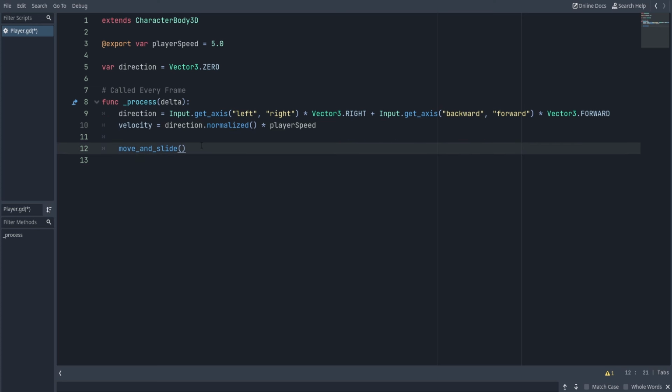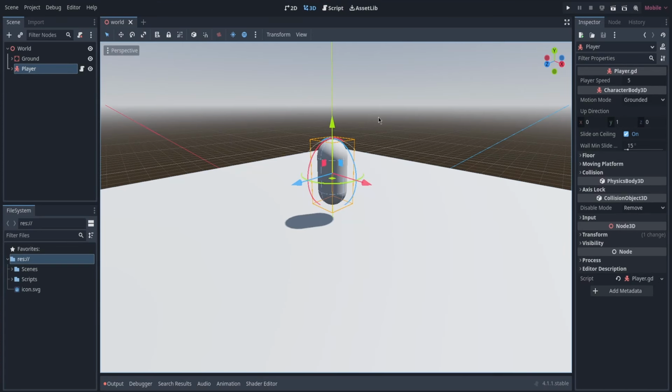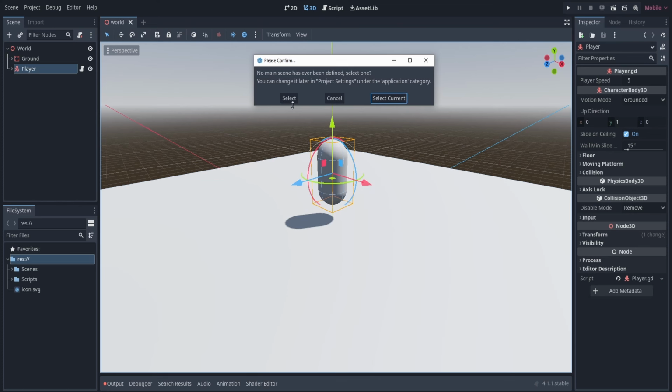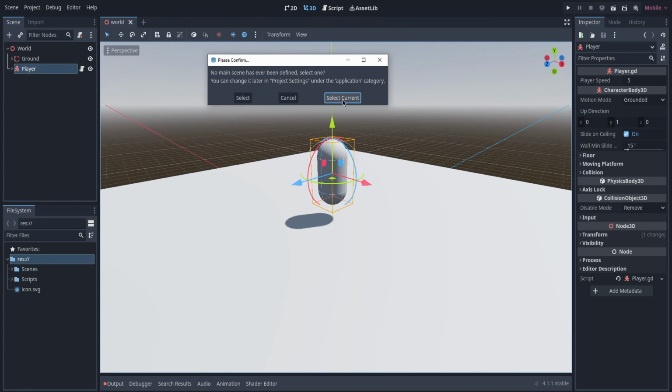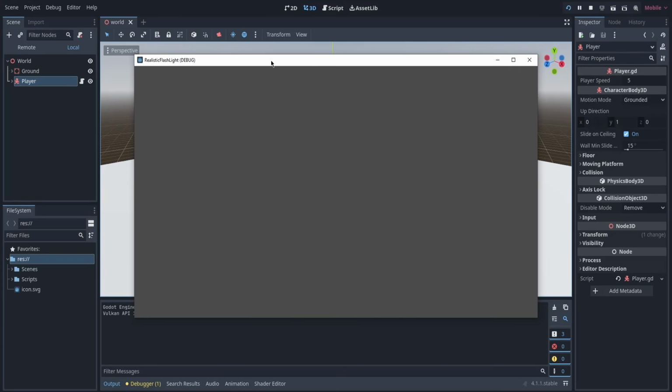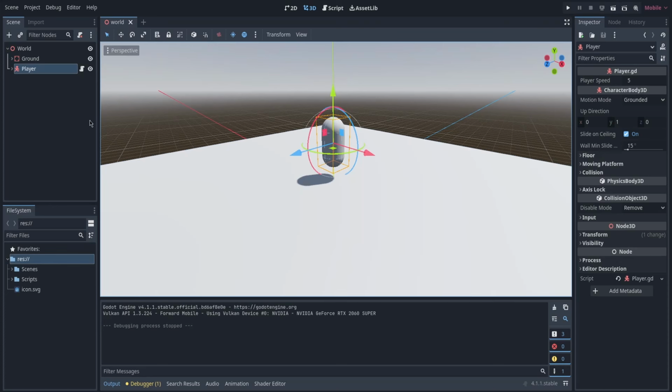Now, if you press Ctrl and S, you're going to be back in Godot, and you can press this play icon up here to play this scene, and this is going to tell you what scene you want to play, and there's no main scene selected. You can just simply say select current. Now you can see there's a window here, and there's just nothing here,